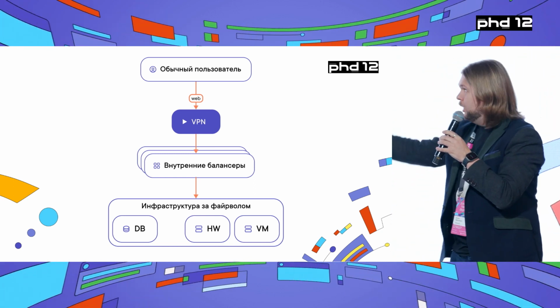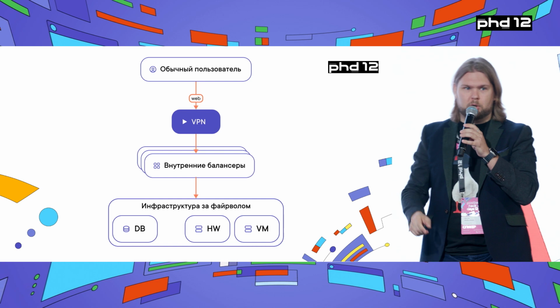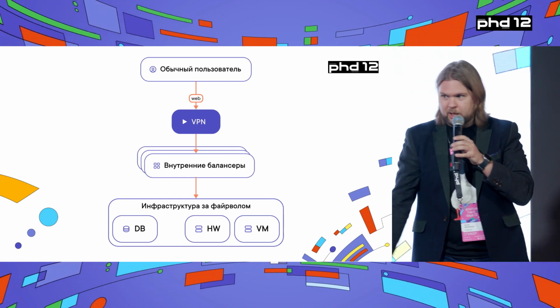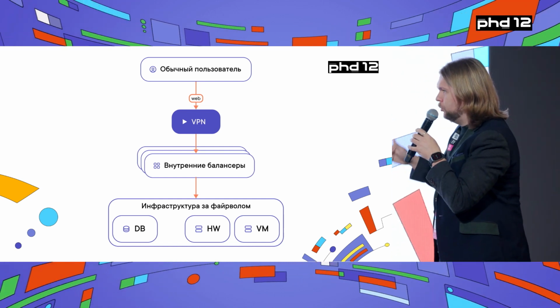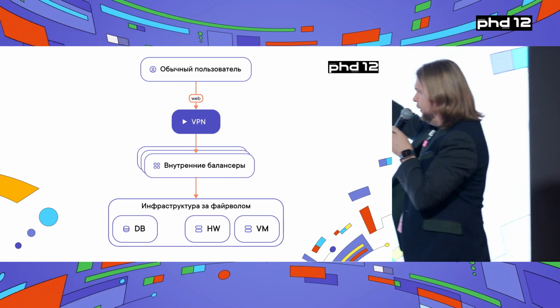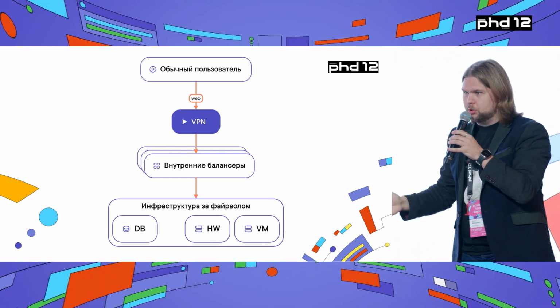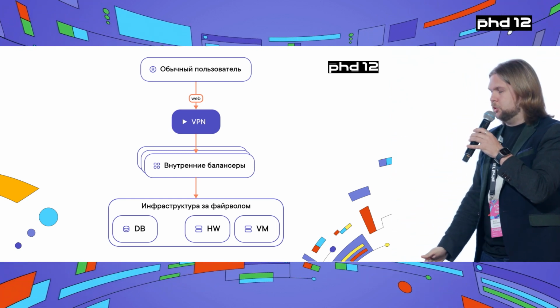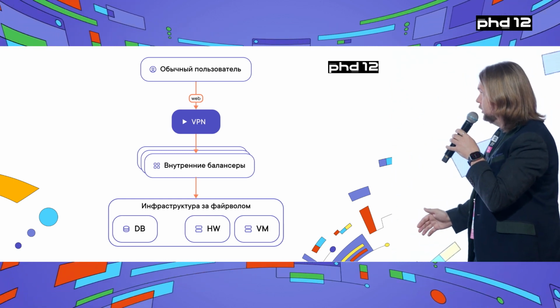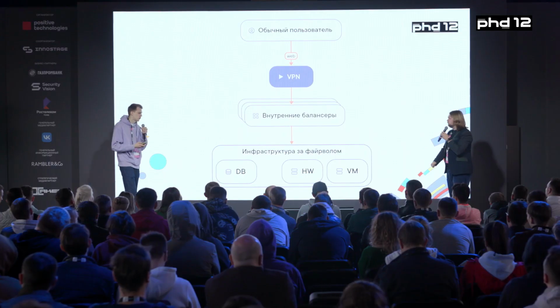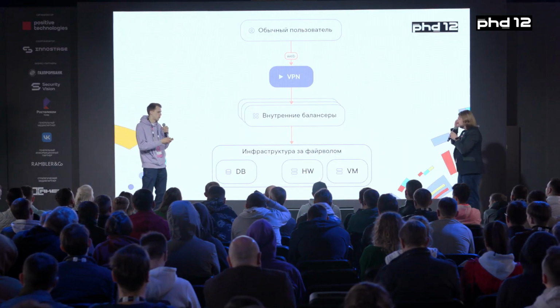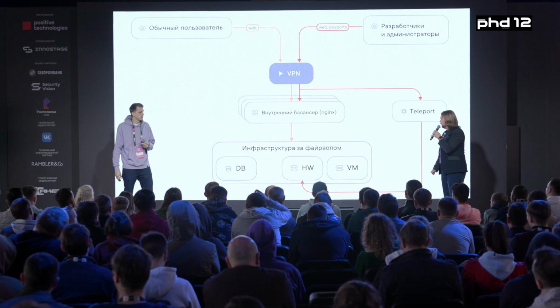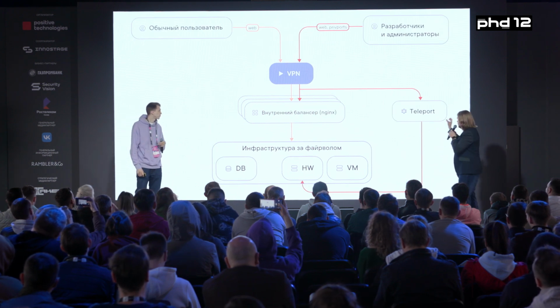We can have some private balancers in Nginx and give VPN access to these balancers only. This way, those who don't need any privileged access can only reach the web resources which are behind these balancers, and there should be some further authentication. Okay, and if you need a different access, like admins,